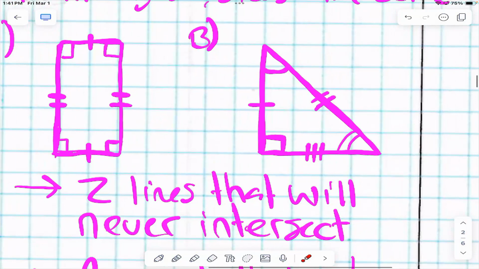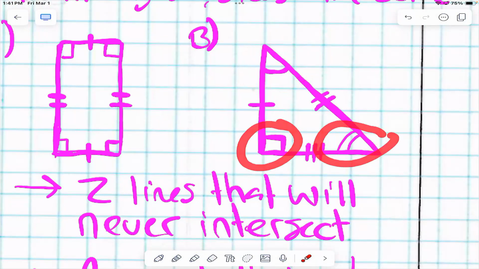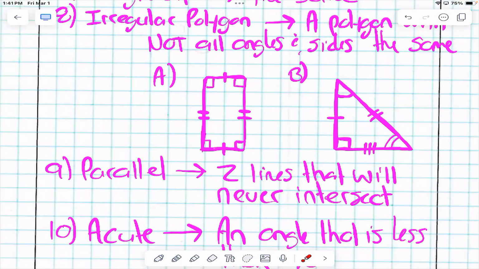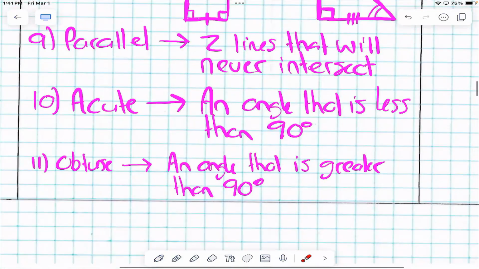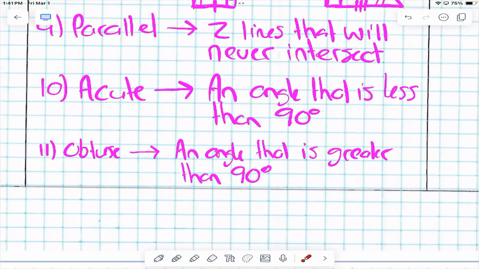How about this? Is this angle the same as this angle? Yes or no? No. Is this angle the same as this angle? Yes or no? No. So it's an irregular polygon, right? Parallel. Two lines that never touch or intersect. Acute means it is less than what? 90. Obtuse means it is